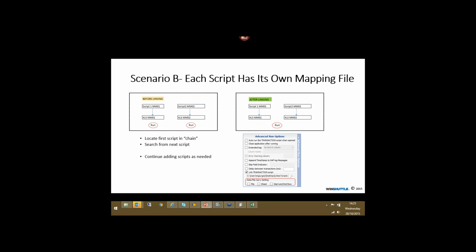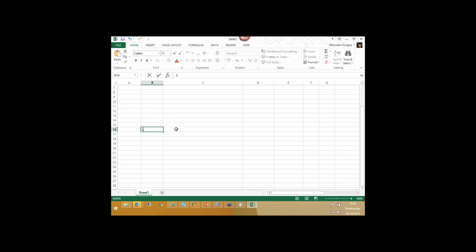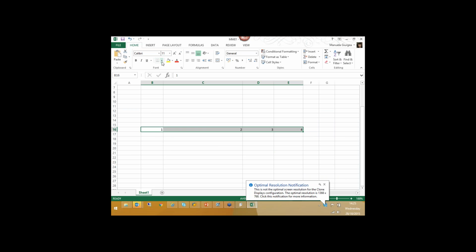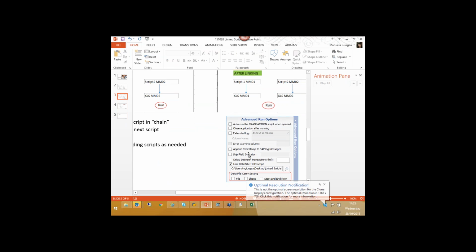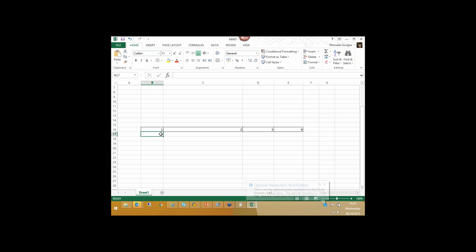Speaking of multiple scripts, let's imagine I've got 4 scripts here. This is looking a bit silly, but hopefully you'll get what I'm trying to explain. So if these are my 4 scripts, and we're talking about the settings that are over here in this screenshot, those settings you would need to go ahead and put in the first script. And the first script will be specifying the path for script number 2 in this field over here. Then you go into the second script and you put in the setting in the second as well,